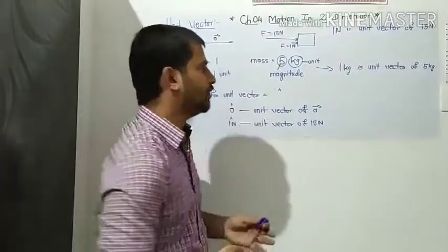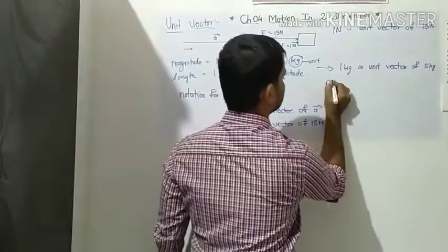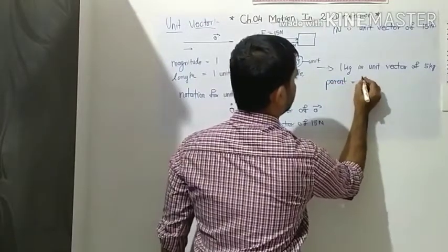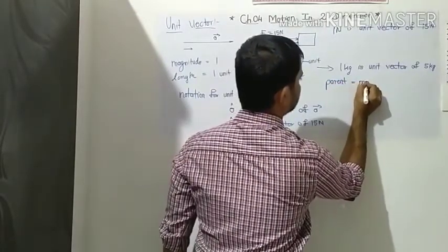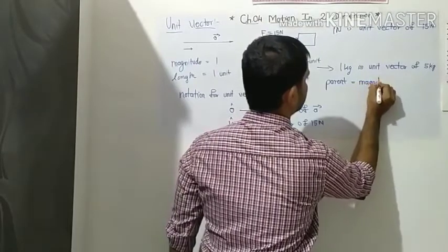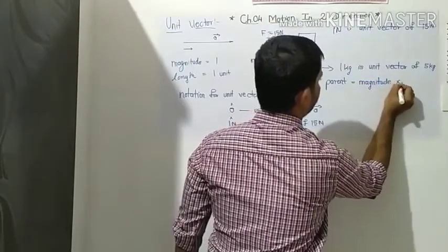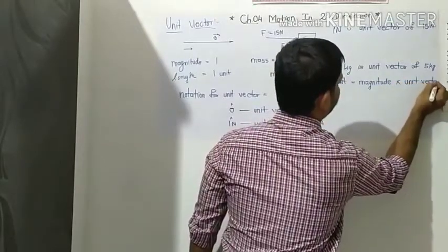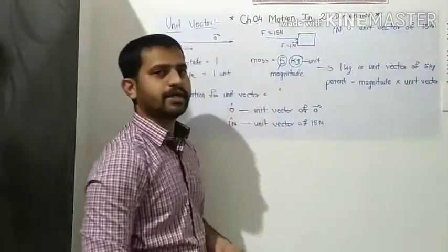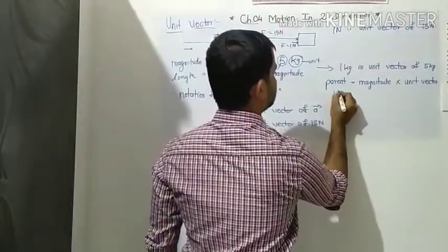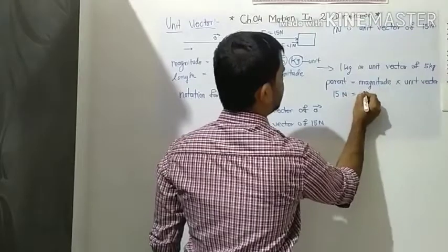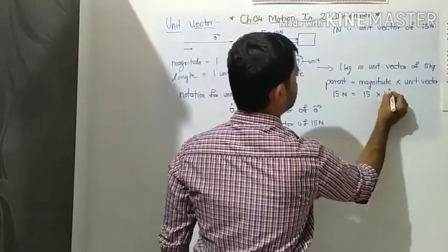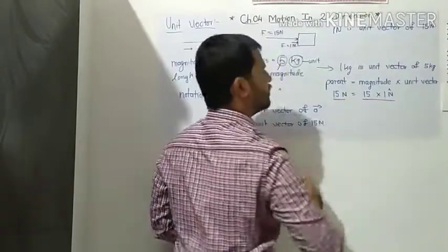So we can write the 15 Newton as equal to parent is equal to magnitude into unit vector. Okay, magnitude into unit vector. So what is the parent here? It is the 15 Newton. What is the magnitude? It is the 15, and unit vector is 1 Newton. Okay, so combiningly this will give us the